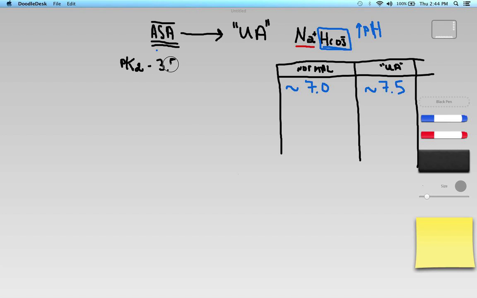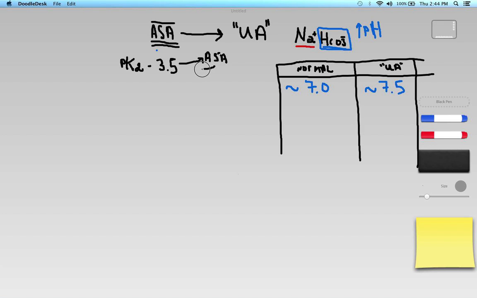Now, an interesting thing about pKa is that if that aspirin was dissolved in an aqueous environment that had a pH of 3.5, so maybe a mole of aspirin in a liter of solution with a pH of 3.5,